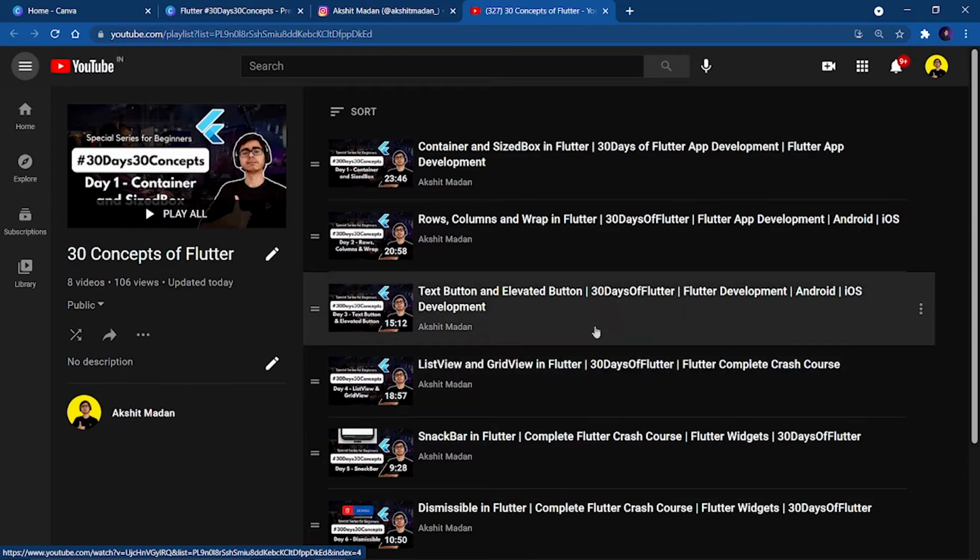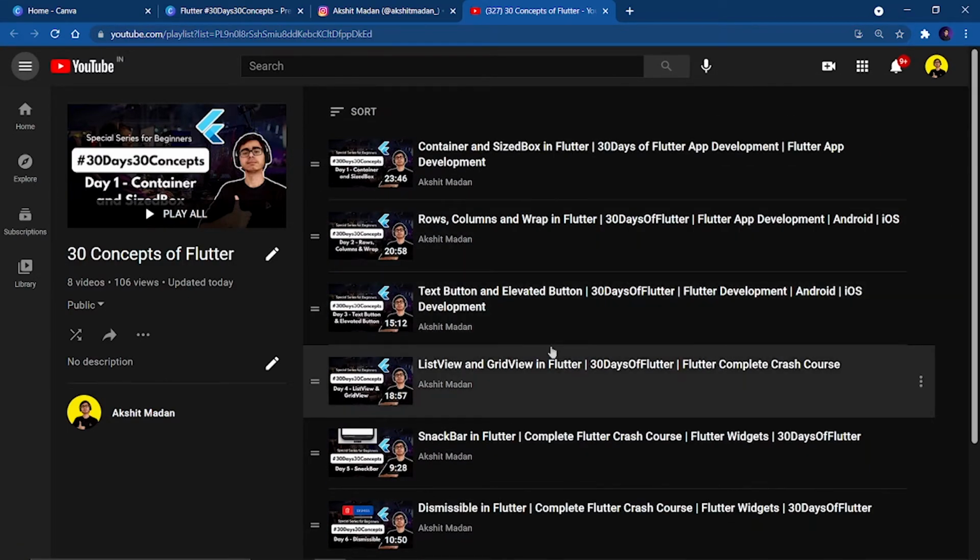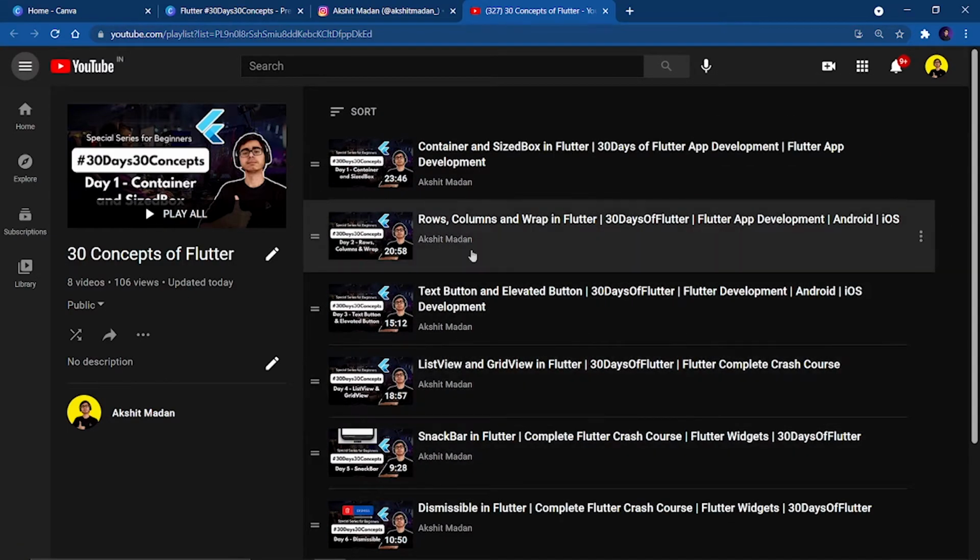series. As you can see, we have covered a lot of videos and in the last part, we just saw alert dialog boxes. In this part, we are going to see the bottom sheet. This widget can be very useful for those people who want to build beautiful apps and they like to provide some uniqueness to their apps, right?